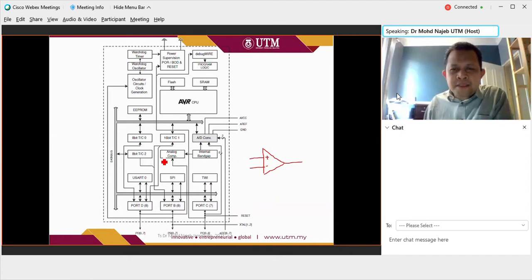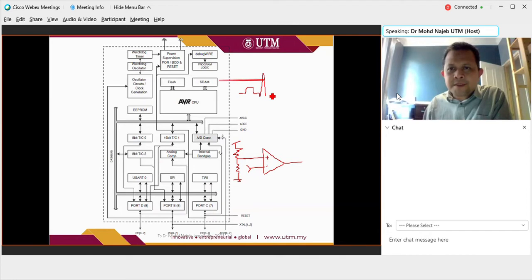So analog comparator means you use a threshold or reference voltage. Usually you use a voltage divider, and then you have your input. What the comparator will do is actually subtract your reference voltage from your input voltage. Usually with a comparator, for example, let's say if you take later your biomedical signal processing, if this is your ECG,